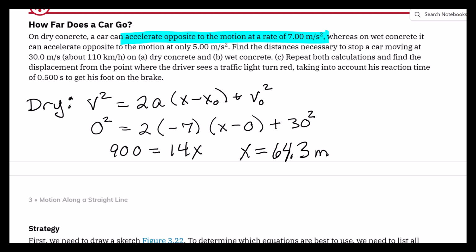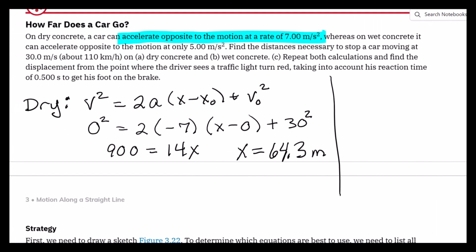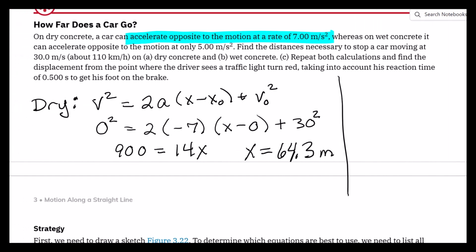Okay, so that's written down so you can read about how to do that. Now it says do this again taking into account the reaction time of 0.5 seconds. Okay, so now we have to deal with reaction time of 0.5 seconds. So essentially what that means is, first of all, he's going to go,